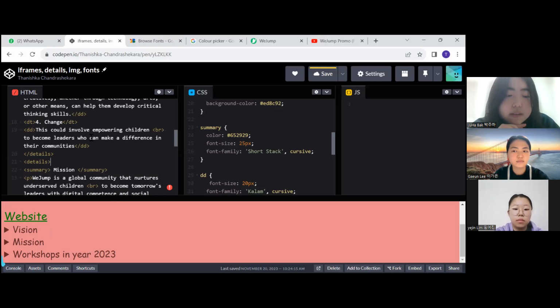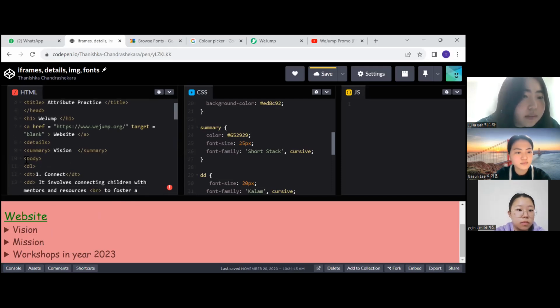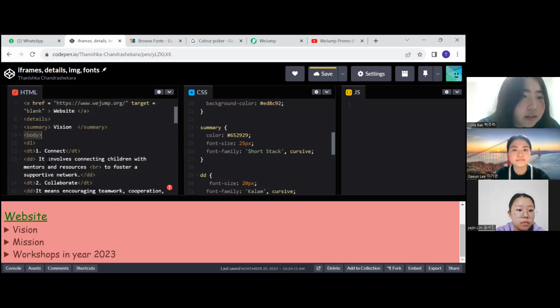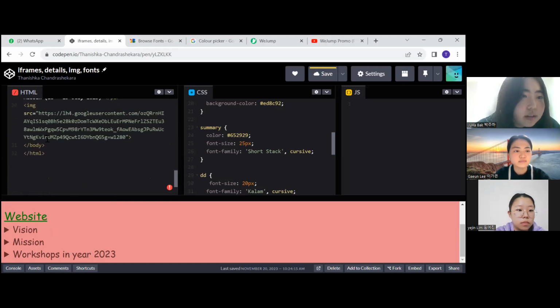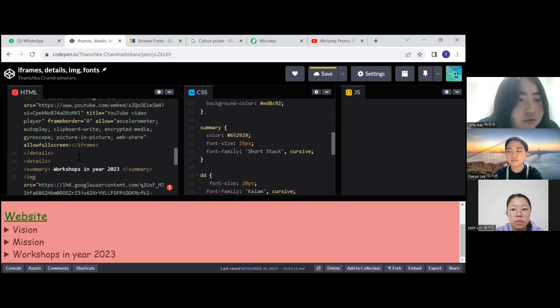Yes, ma'am. Scroll up. Body. Here is the heading, and then here body. All the contents on the screen should be in the body tag. So we should open the body